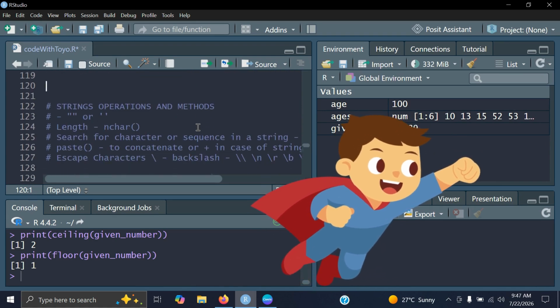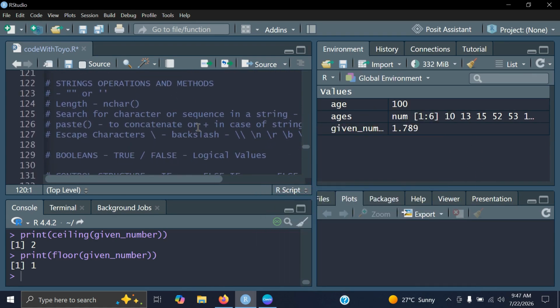So in the next video, we're going to continue with string operations and cover it. Like we said, this series is going to cover everything you need to know about R as a beginner. And if you follow this series to the end, at the end of the entire series, you become an intermediate, if not even an advanced person that understands R, and you can use your skill in different fields of data